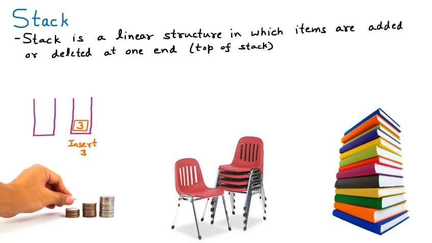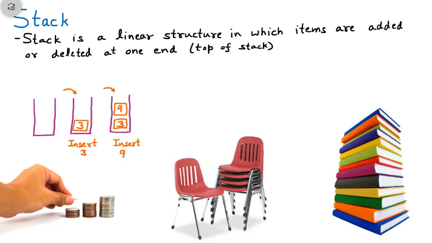Now let us suppose that I want to insert one more block. Obviously, from the top end we have inserted the element here. I will also insert the element into the same bucket. So I am taking one more step and inserting one more element, let us suppose 9. So again that 9 is inserted and it is from the top of the bucket. So we have taken an example of a bucket. In step 1 the bucket was empty. In step 2 we have inserted a block 3, and in step 3 we have taken one more block which is 9. So they are inserted from the top.